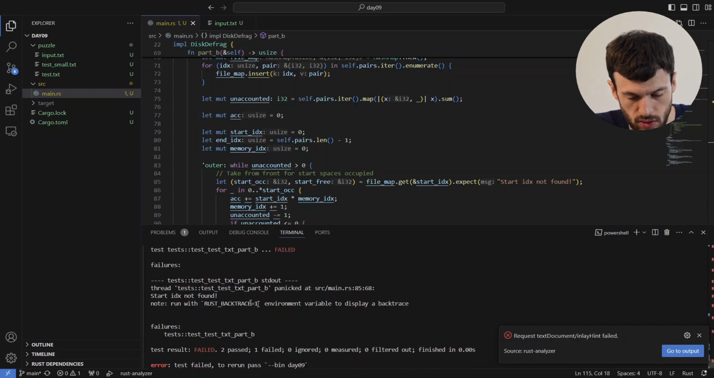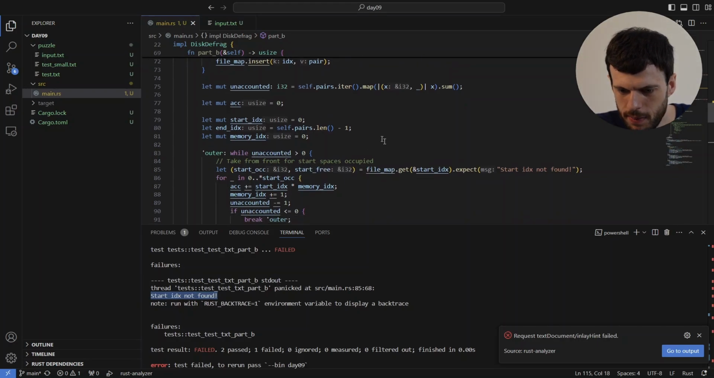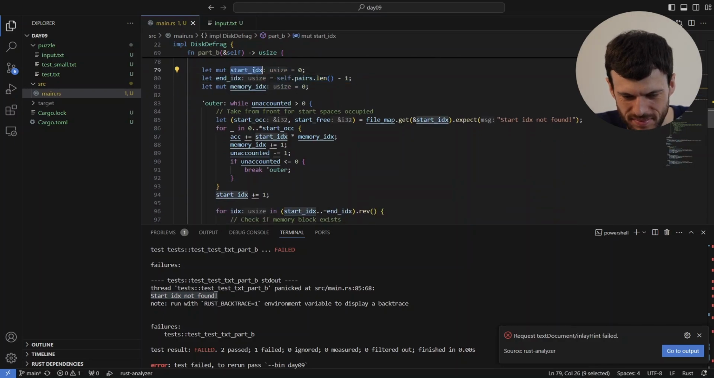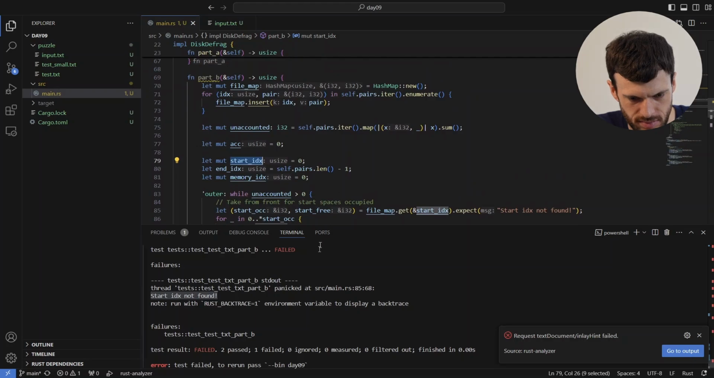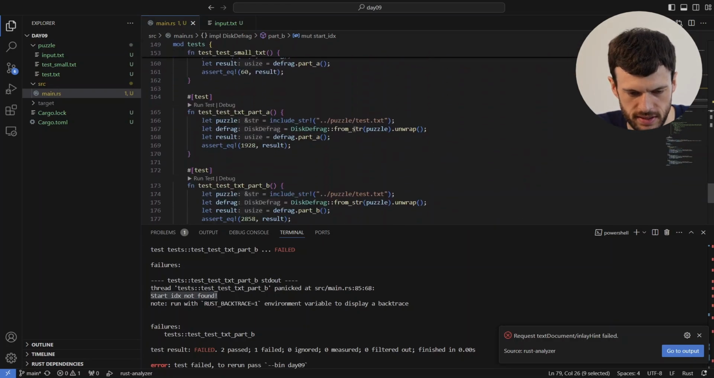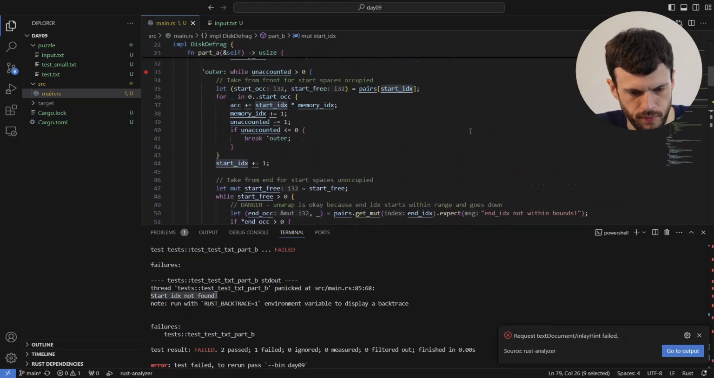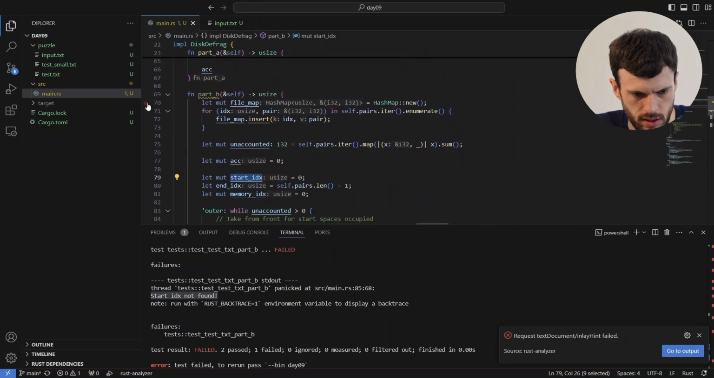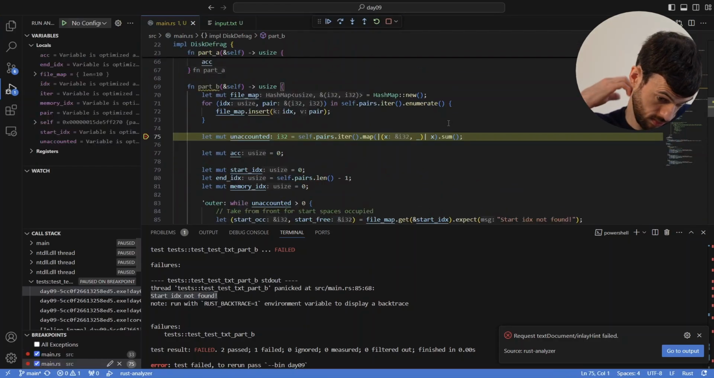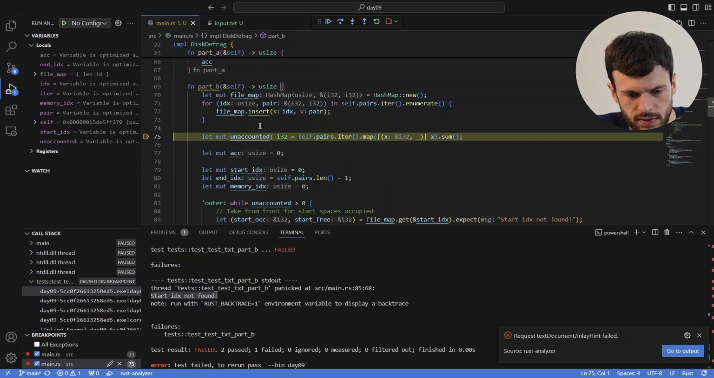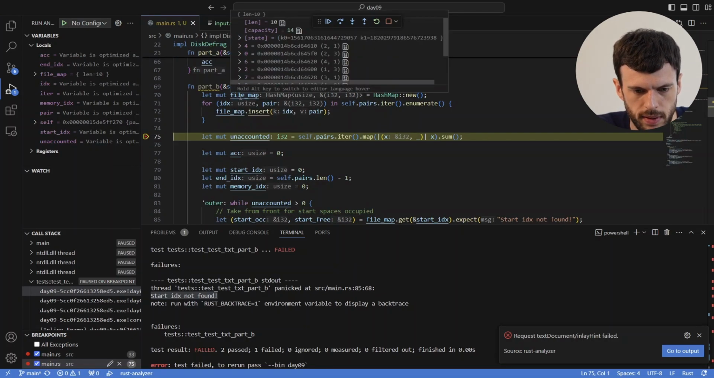Failed, start index not found. Pardon? What? Do we just fail immediately? Let's debug this test. Part B. Give me this file map. In fact, give it to me after it's been constructed. Debug. Okay, unaccounted gives me... wait, file map is